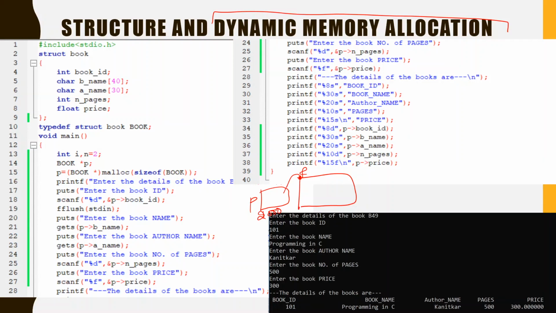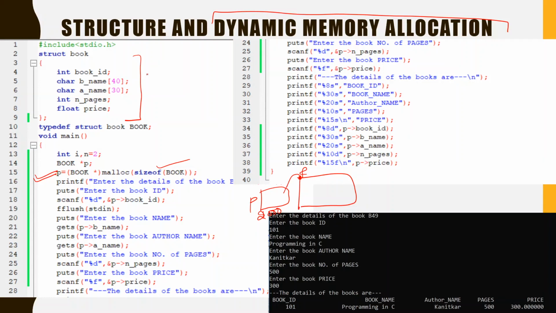Now we use the same malloc function to assign memory to this particular block, that is, to assign physical memory to this book. What we have done is we have passed the size of book, the number of bytes that are required to store a book, to malloc.